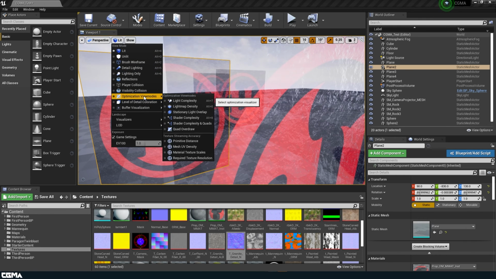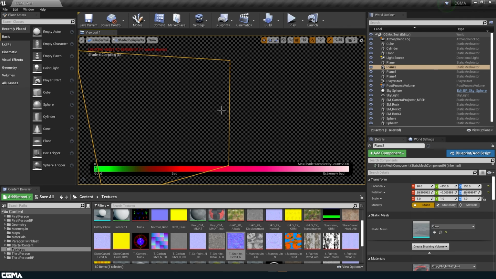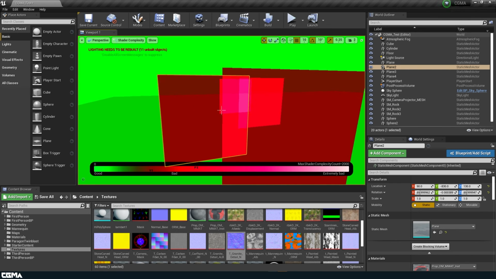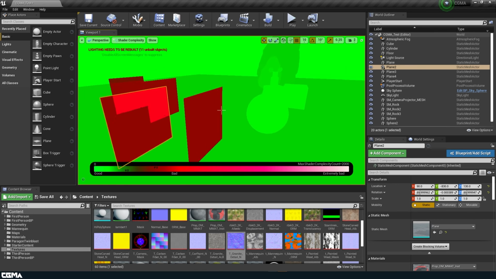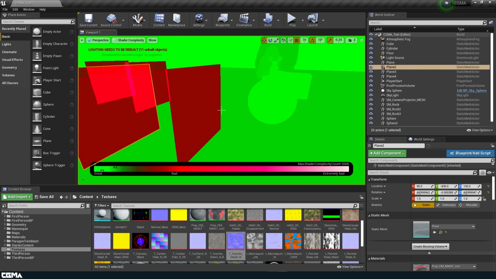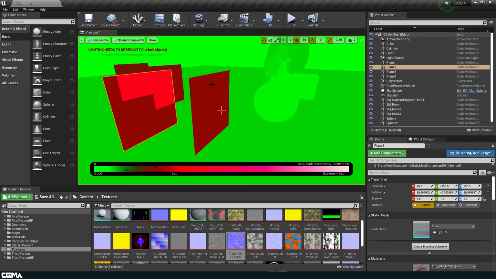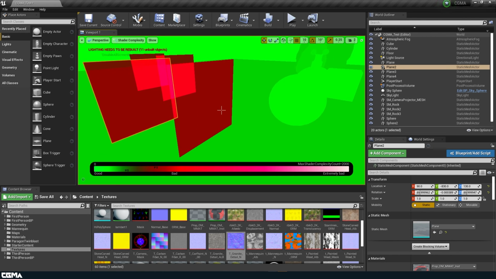So in your optimization view modes, let's go to shader complexity. It's going to compile all our shaders. You'll see this is green because we don't have anything crazy. We have something like this, which is your transparency material, which is always going to look bad, unless you change some things like,